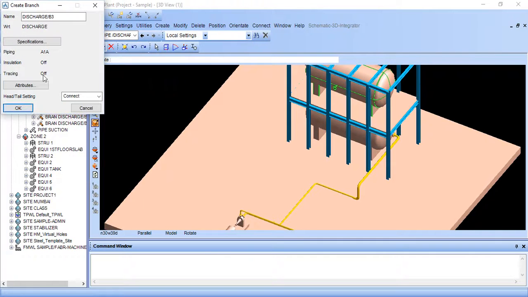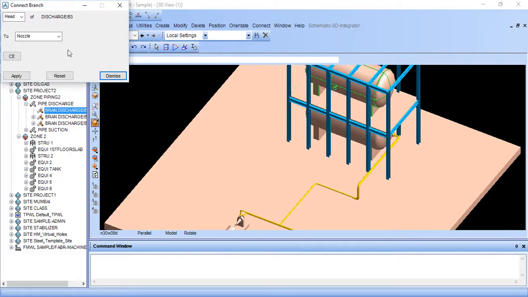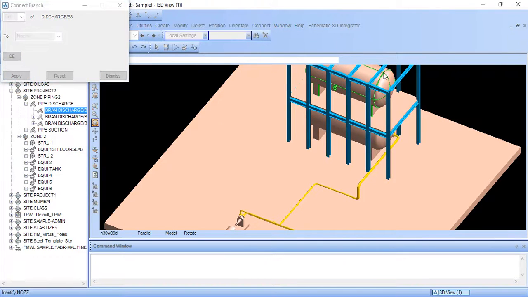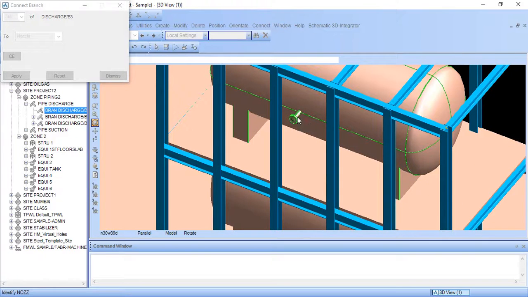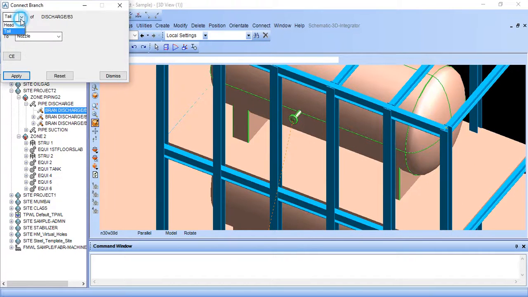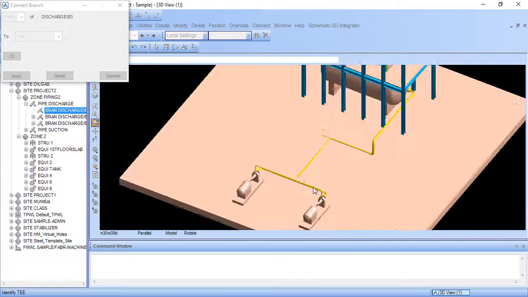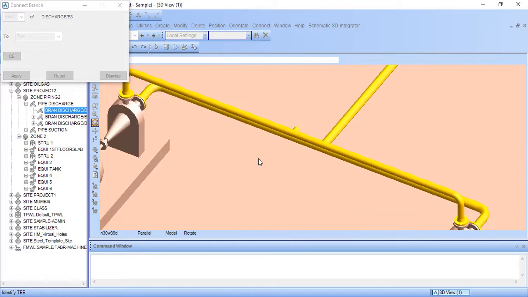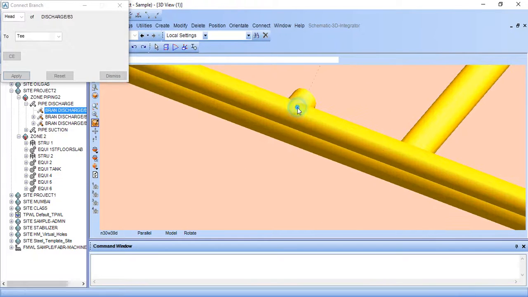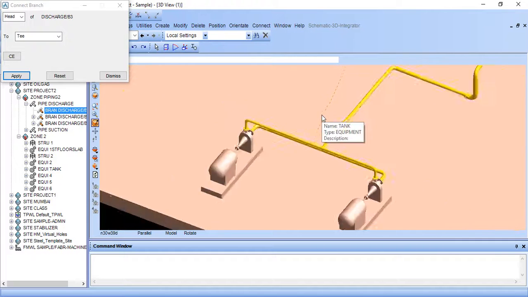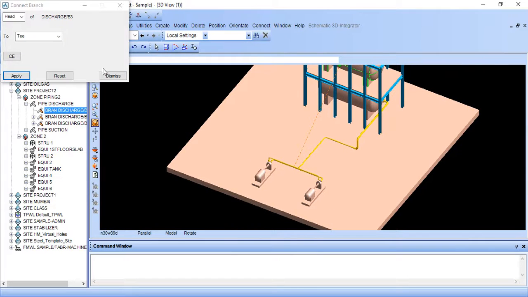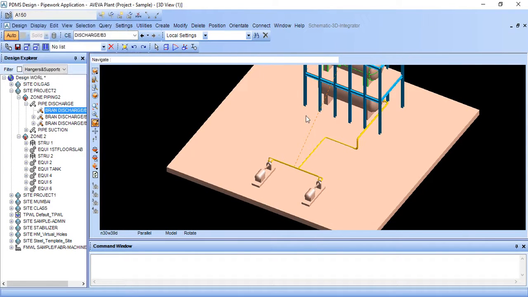Create branch. Head. First of all I will define the tail point. Tail is nozzle. Define head. It is on T. Apply. Just zoom in. So we have given the branch connection.